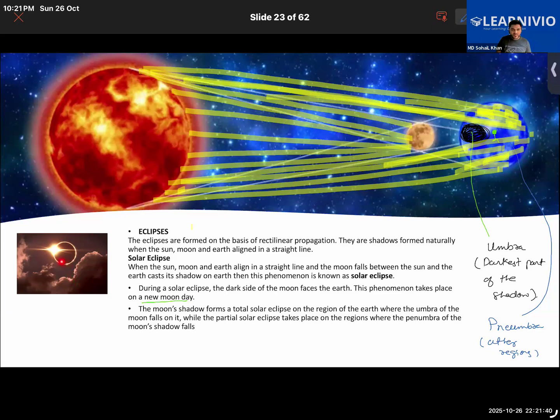Take a look at this one here. This appears as if that person was in the umbra right now. Getting it? This appears to be in the darkest region of the shadow. A person who is in the darkest region of the shadow will be able to look at it quite clearly. It should be a bit more visible here, right? But if I were to cover this much portion without glasses, sir, actually, sir, like